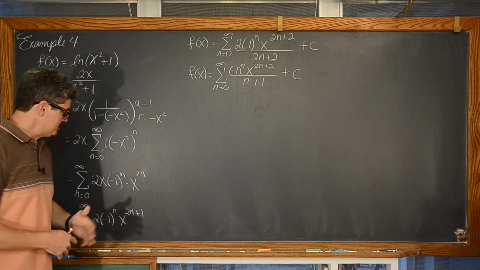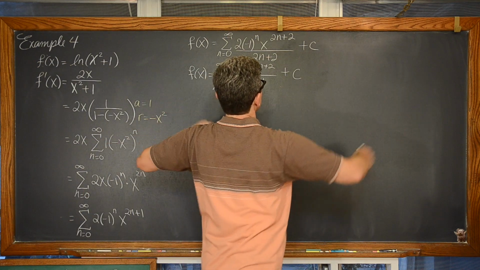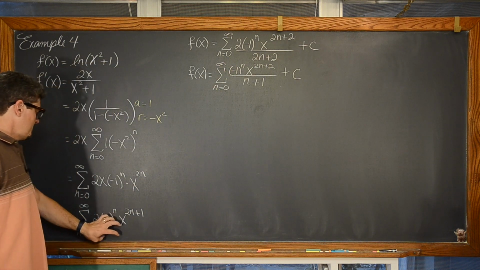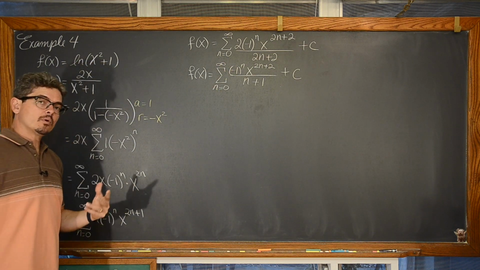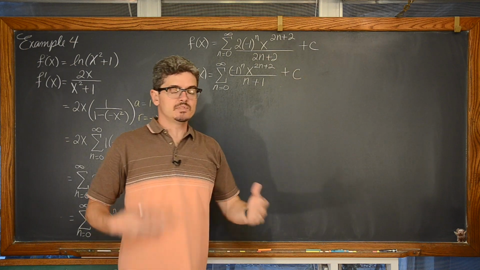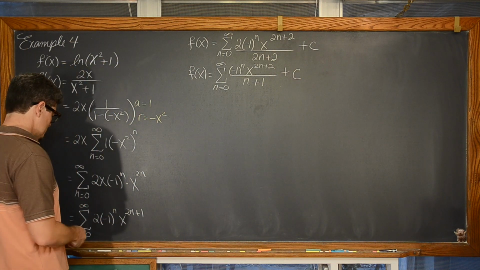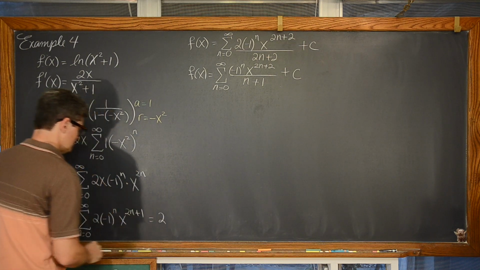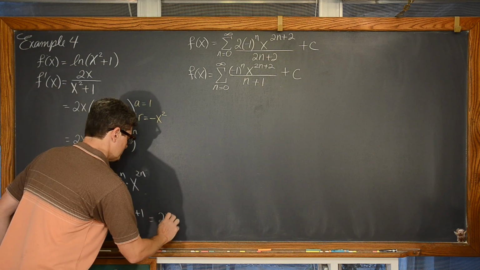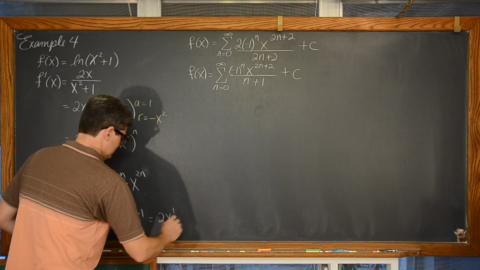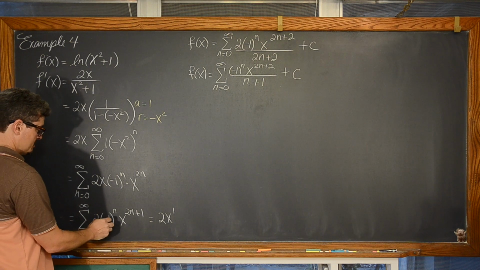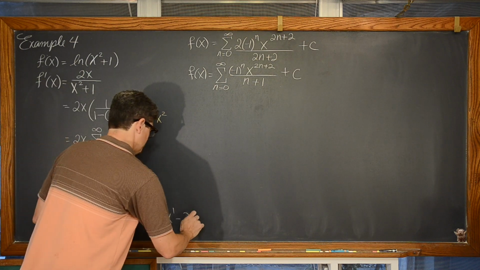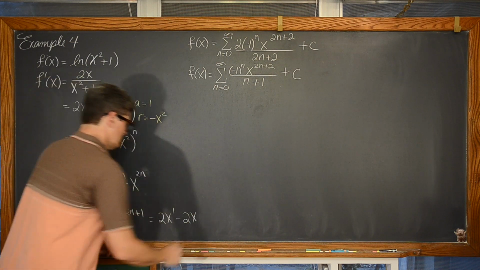But let's make sure it's right. Let's expand these two series out, make sure that it's matching up, that this actually is indeed the integral of this series, and then maybe that will help us to determine how to deal with what is c. So if we let n equal 0, well, that's going to be 1. So we have 2 times x to the first. Now if we let n equal 1, well, now we're going to have a negative here. So negative 1 to the 1 power. So we have negative 2. And then we have x to the third power.